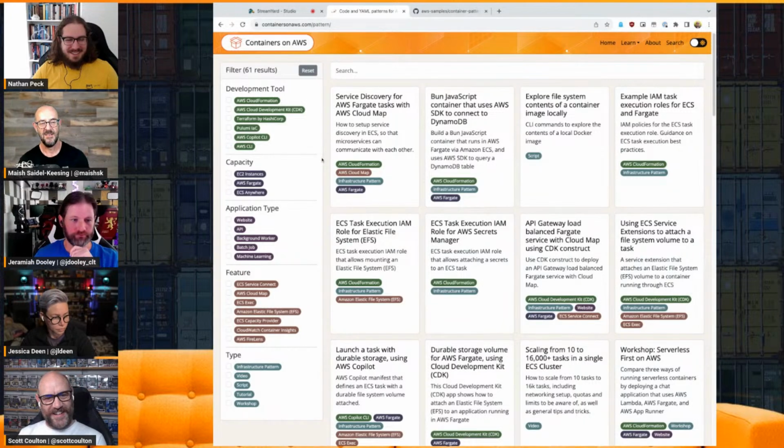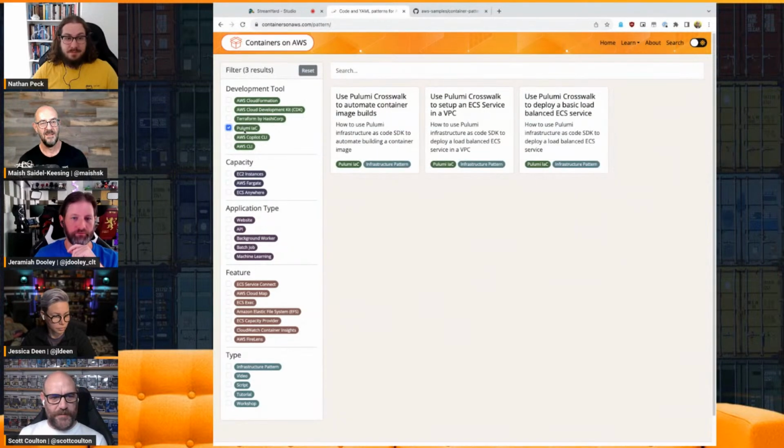Another thing, just like what Nathan said, I myself like to use Pulumi because I write a lot of stuff in Go. It just feels natural to write Pulumi in Go. Inside Pulumi, we don't have much there, but if you have other languages, like .NET would be a great one we don't have a lot of coverage on.